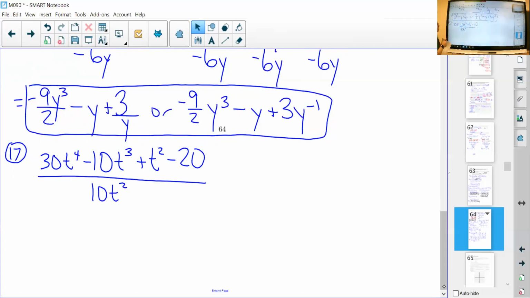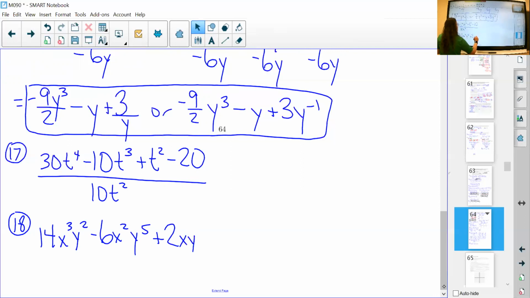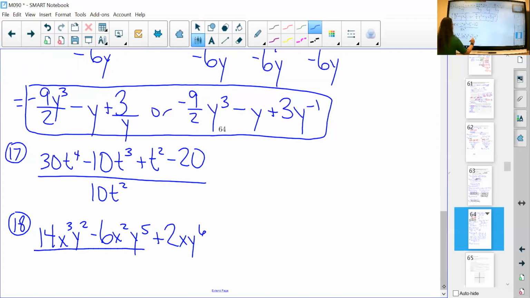Notice when I write my t's, I make sure that they don't look like plus signs, so I kind of do a hook at the end. I'll let you work through that one, and I'll let you work through this one as well. We have 14x cubed y squared minus 6x squared y to the fifth plus 2x y to the sixth over